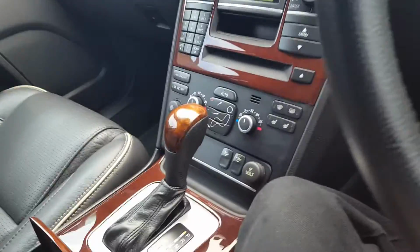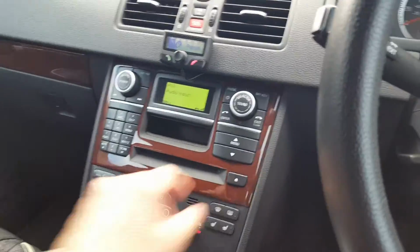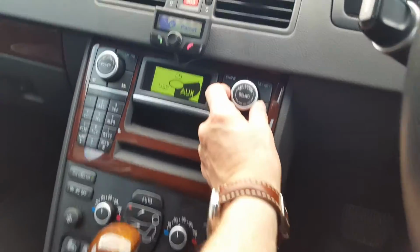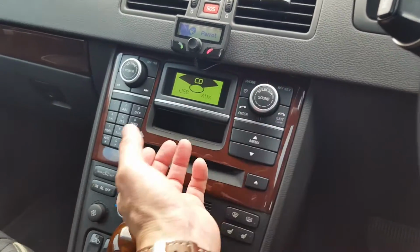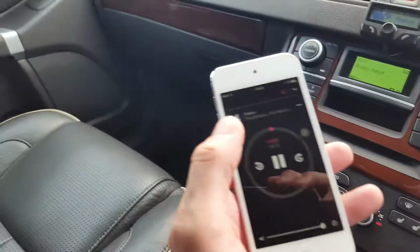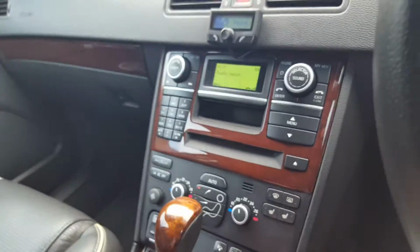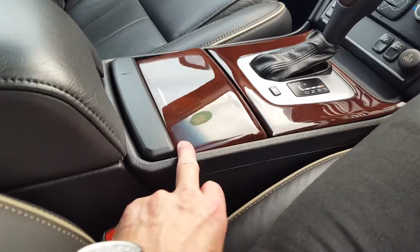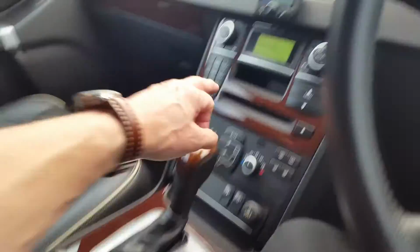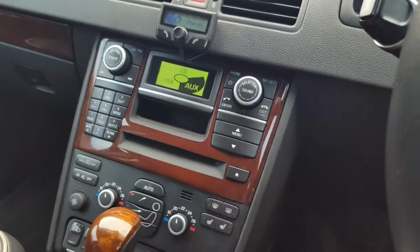But most importantly, I can hide that away, and it's connected, so that all I have to do is switch the auxiliary input here, or switch to the USB, or switch to the CD, or back to the auxiliary input, and I'm then connected wirelessly to my iPod. So finally I have a solution, and I'm pretty pleased with that, because it's a solution which can operate with the iPod just locked away in there, out of the way, out of sight, without any wires. The connection occurs automatically, and then all I have to do is turn that knob there and access the Bluetooth